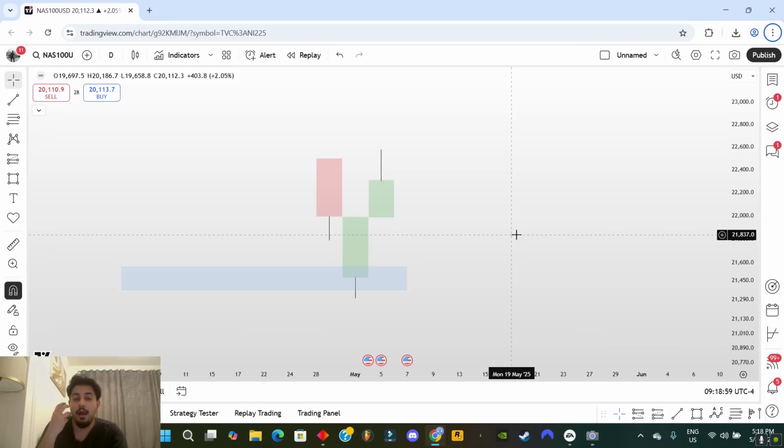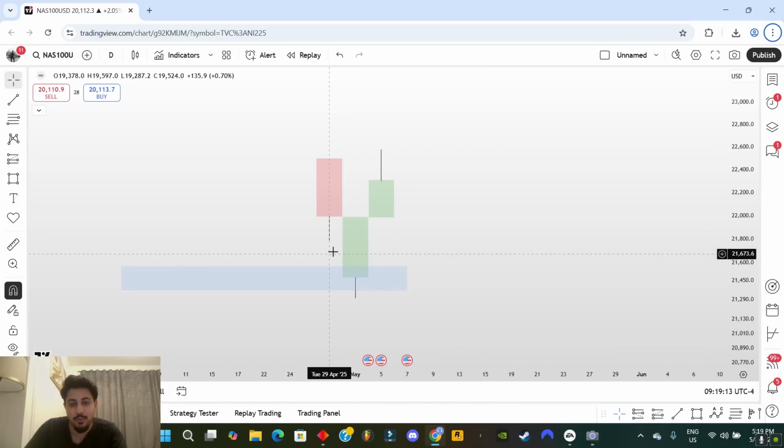Could be a significant high or low as well. Now, when we have a swing low formation like this, so we have one candle, second, and the third candle. So this is like 3 candles, right? And 3 candles form a swing low and a swing high. So in this case, what we have is a swing low. Now, what you want to do is you have to mark out the high of the third candle of the